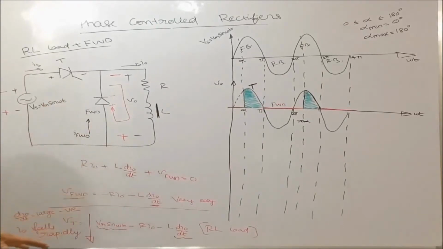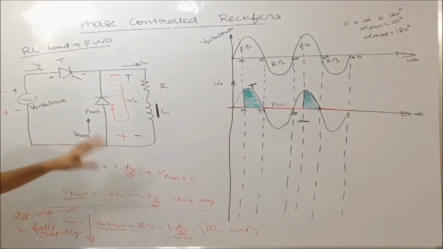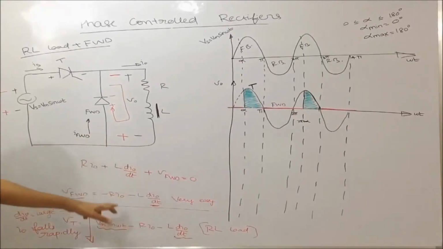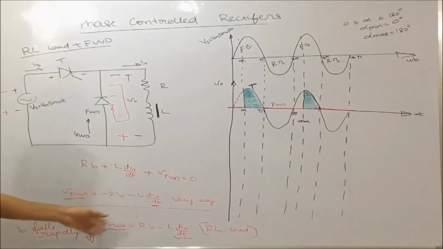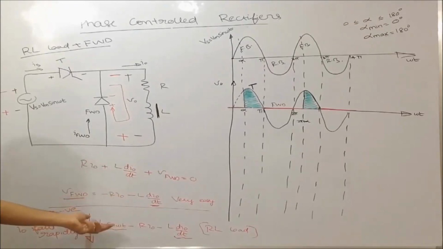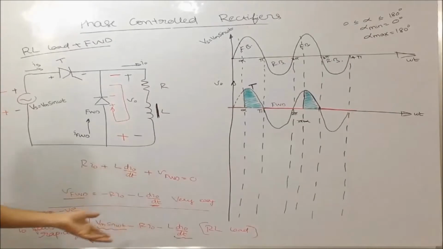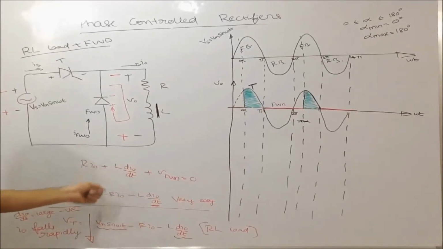That is the case with the RL load. But now with the freewheeling diode, there is no source term in the KVL equation. So this is disappearing. Now L dI0/dt has to counter only this one, which is very small, some 5% or 10% of Vm sin omega t. The R I0 value will be something like 5 or 10% in the worst case of Vm sin omega t. So this L dI0/dt can easily counter this negative term.